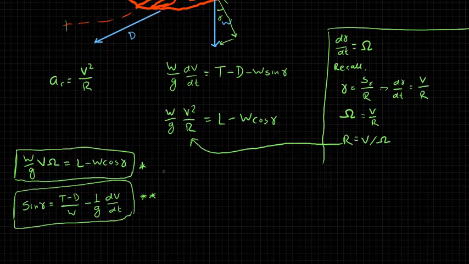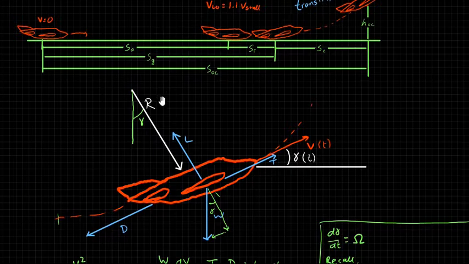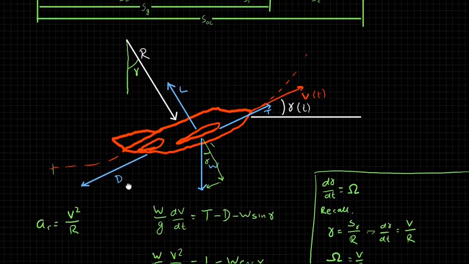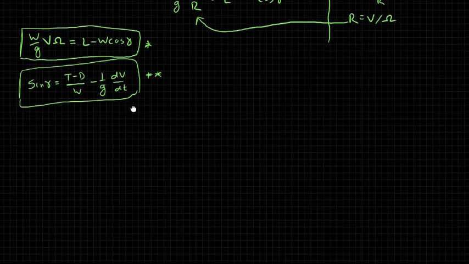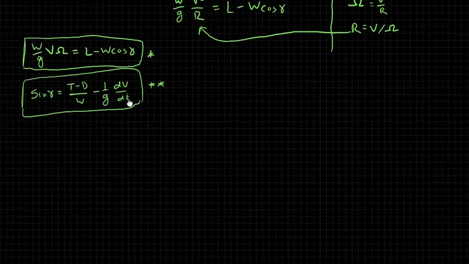Okay, so let's think about this for a minute. We have a force balance, but what are we really looking for here? Well, the ultimate goal is to figure out s_c, or the transition distance. So I want you to keep that in mind as we go through these next steps, because we're going to do a few somewhat tricky things.